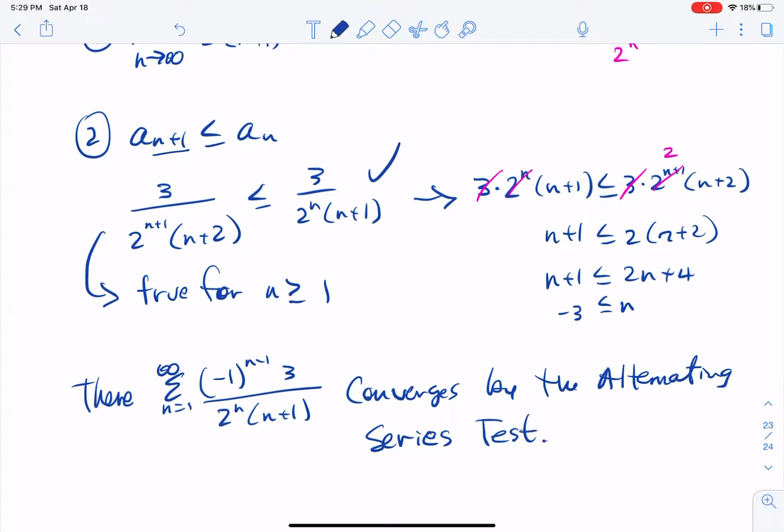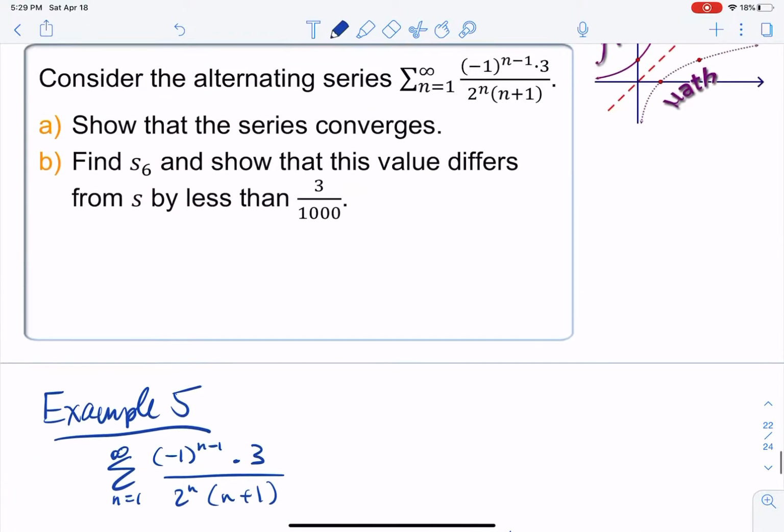All right, I don't have a spell check on my pen. Yeah, it definitely converges. So there's part A of that question. We were able to successfully show that our series converged. Now, part B, it says, find the sixth partial sum and show that this value differs from S by less